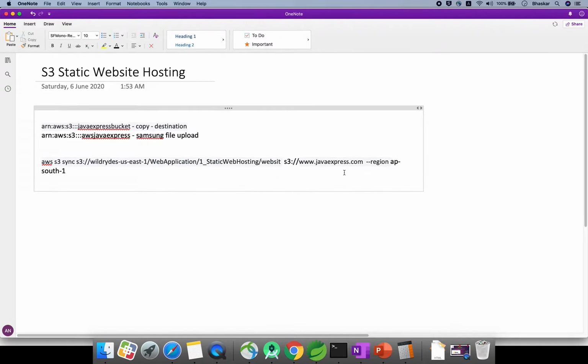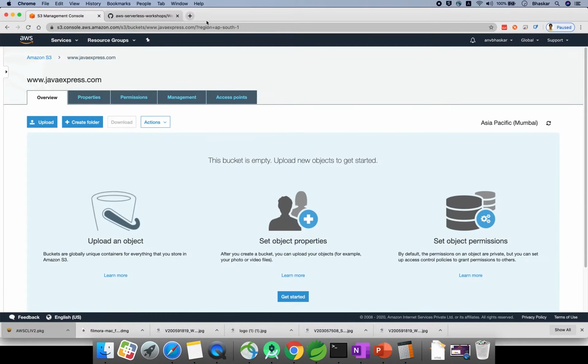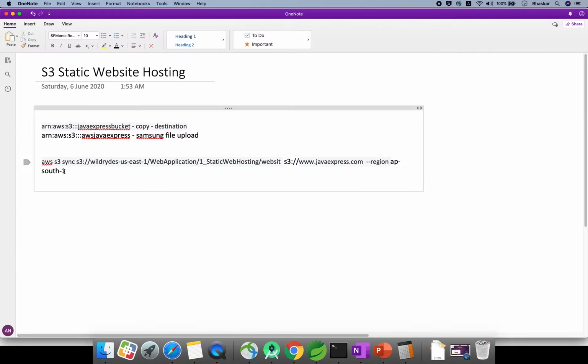You just created a bucket, right? That is the host bucket, and you need to give your region. The region is ap-south-1. If you don't know, just go here, see here, this is ap-south-1. This is your Amazon S3 URL, that means your bucket name. Now you are good with these two things.